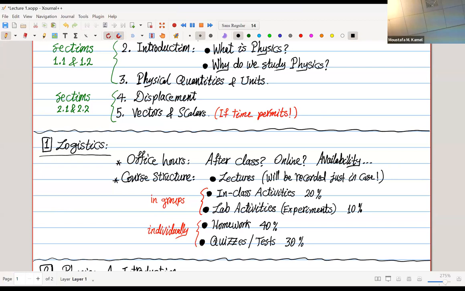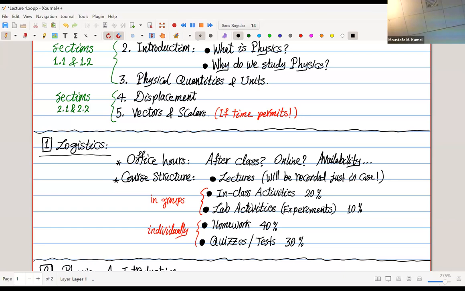Lab activities are just experiments, since physics is an experimental science, so we need experiments. We will try our best to have an experiment for each topic. Usually we will aim for Wednesday to have experiments, but that also depends on the pace of the course. It's a 5-week-long course, it's super fast, so we will try our best to cover all the material. Experiments will also be graded for participation.